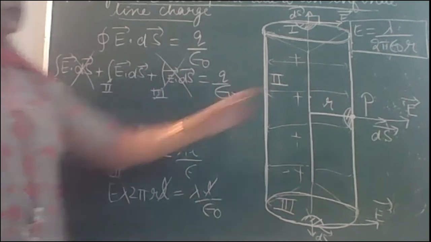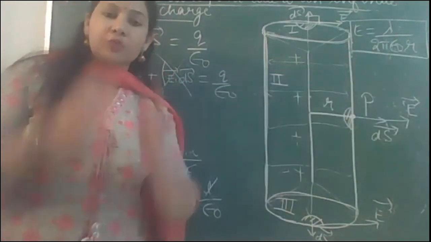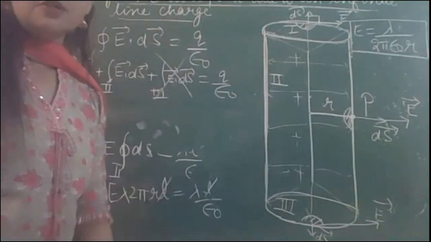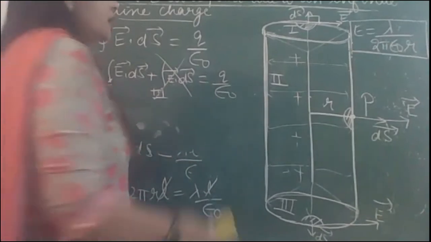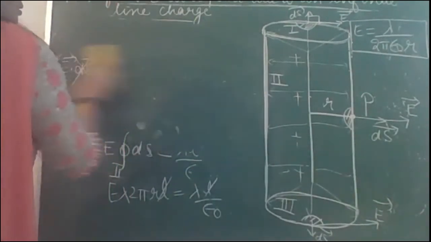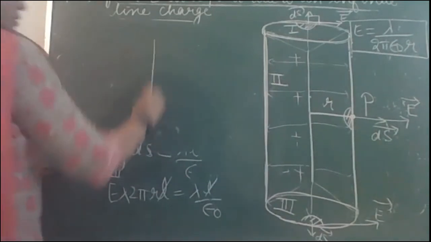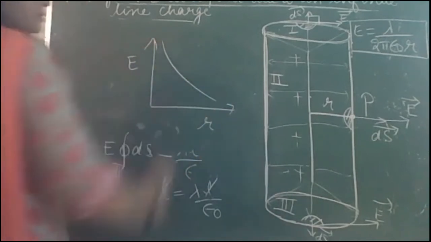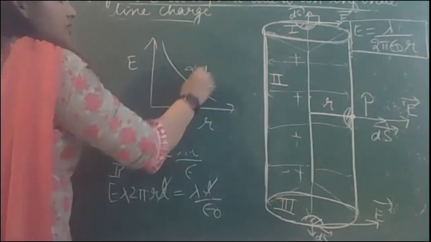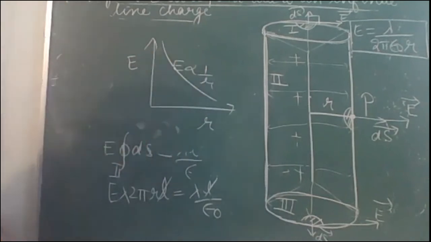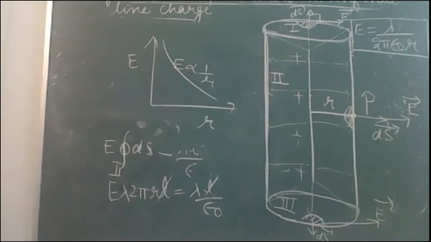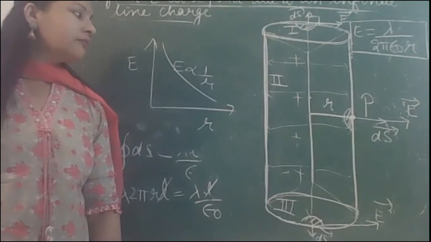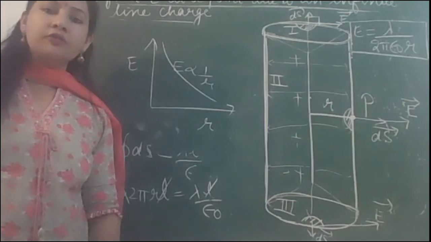All right. So learn this formula. Electric field at a point due to a line charge will be lambda over 2 pi epsilon naught r. Learn the formula because we'll be using it in numericals. And what type of graph can we plot? Plot the graph as well. With the distance, electric field decreases. It will be inversely proportional to r. So this is our first application of Gauss's theorem. Any doubt? This is the first application of Gauss's theorem.